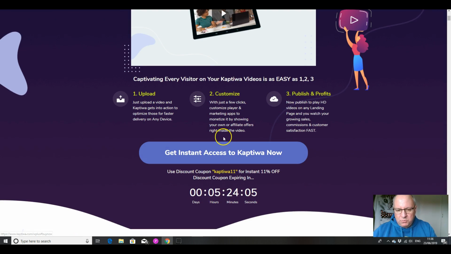So speed is important to you. You can customize with just a few clicks. You can customize the player and marketing apps to monetize it by showing your own or affiliate offers right inside the video, and then publish and profit. Now publish to play HD videos on any landing page, and you can watch your growing sales, commissions, and customer